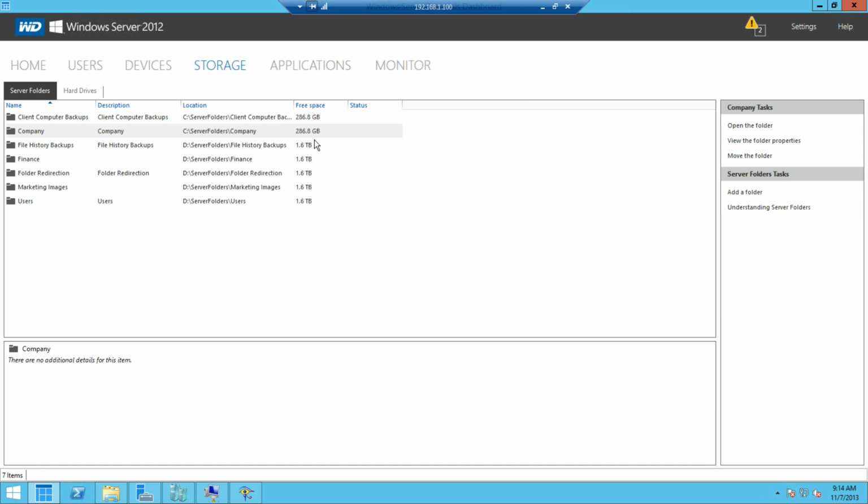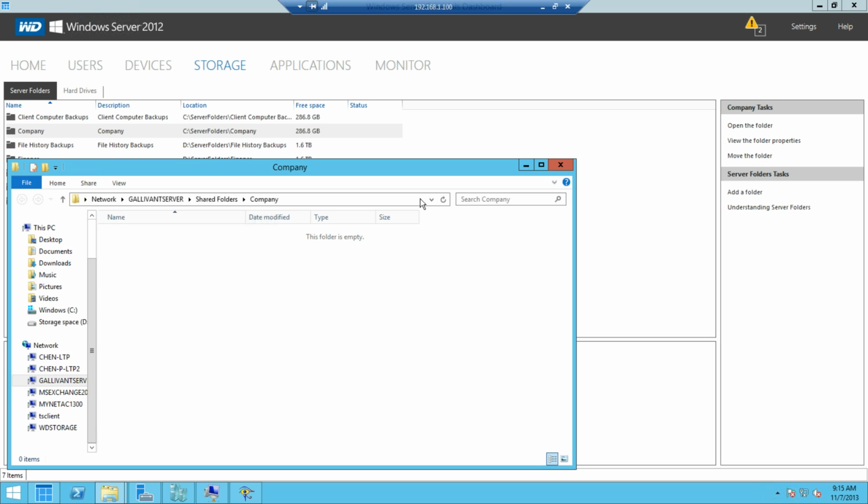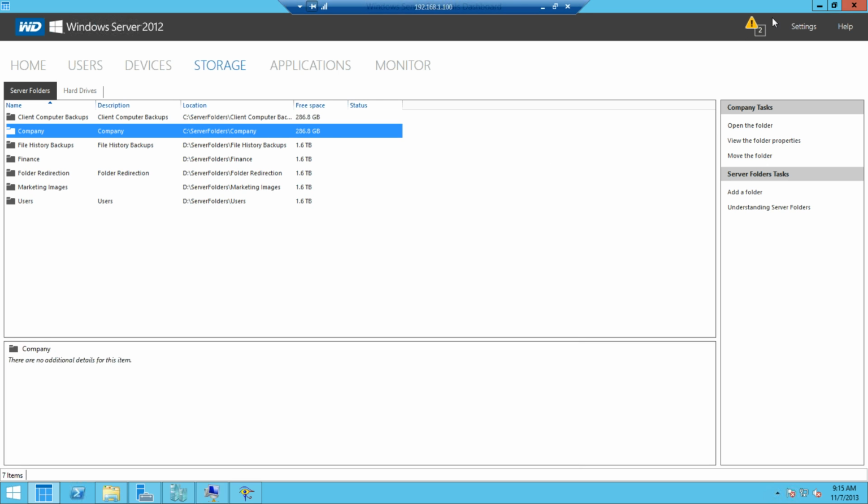And speaking of storage, you actually have the opportunity to move your company folders back and forth and have all the users carried along with it. In this case, we actually have a company folder that was accidentally installed on the boot drive, and we'll talk about what that is in a moment. But you definitely don't want your shared folders on the smaller volume. So what I'm going to do here is, that's the folder itself launched into the C drive. And I'm going to actually move it